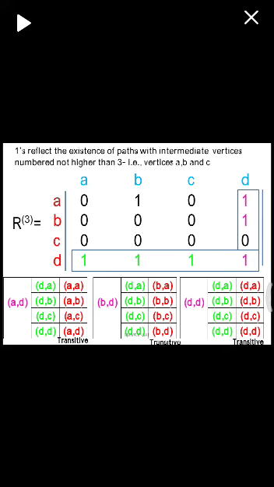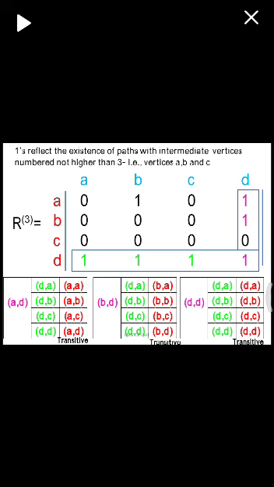For column value A comma D, we have to write 4 values of fourth row, that is DA, DB, DC and DD. If I merge AD with these 4 values, I will get AA, AB, AC and AD, that I have indicated using red color in the first table given below the adjacency matrix R power 3. Again in the second table I am merging the second value of the fourth column, B comma D, with DA, DB, DC and DD.